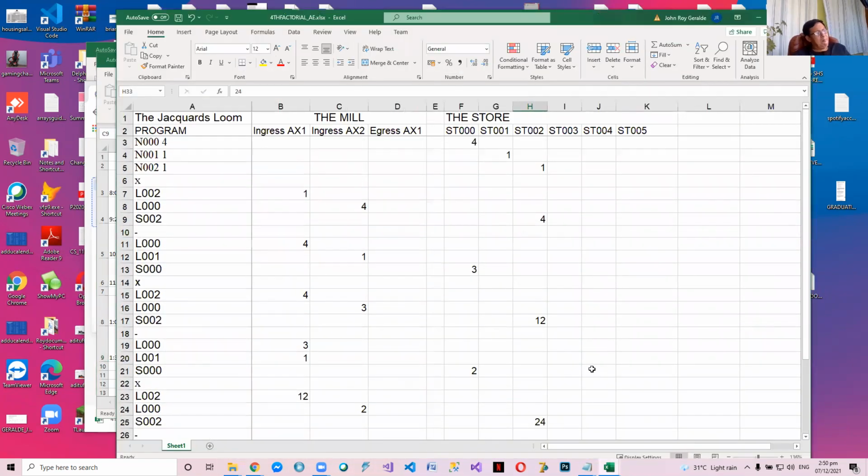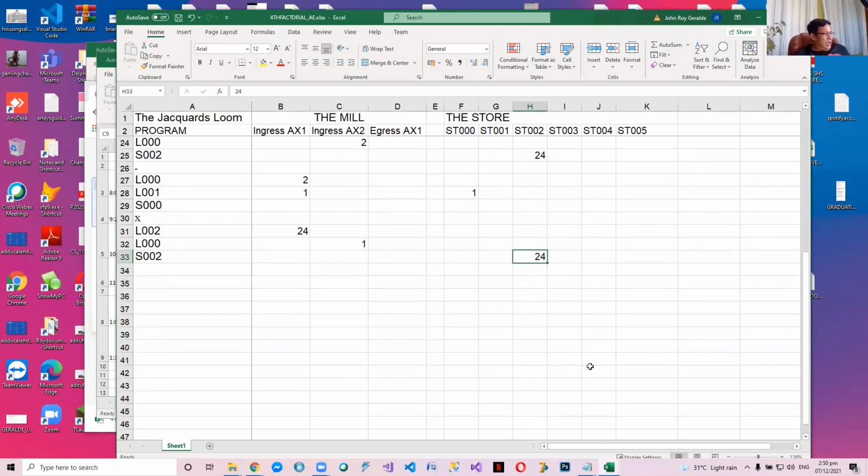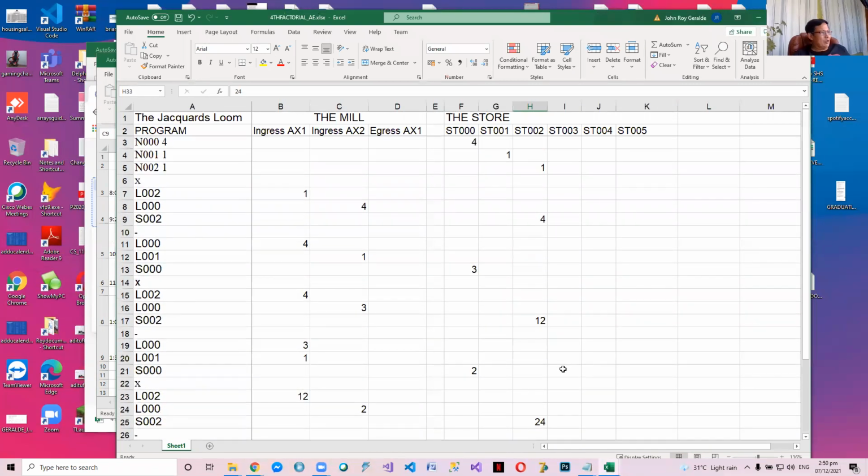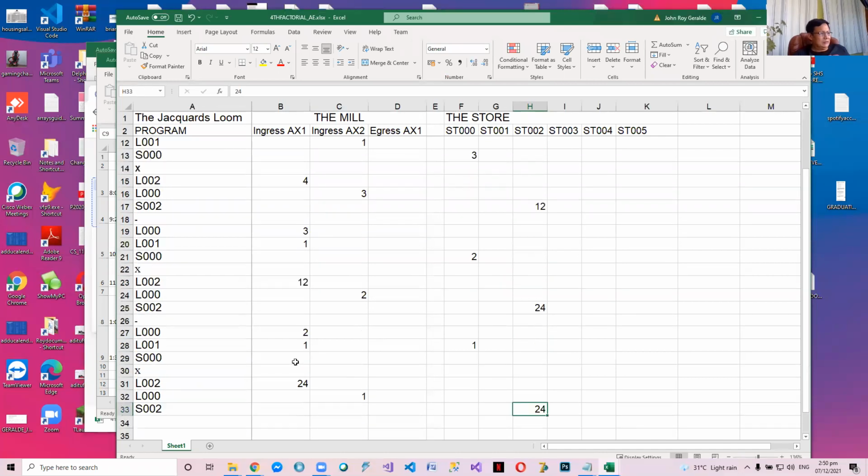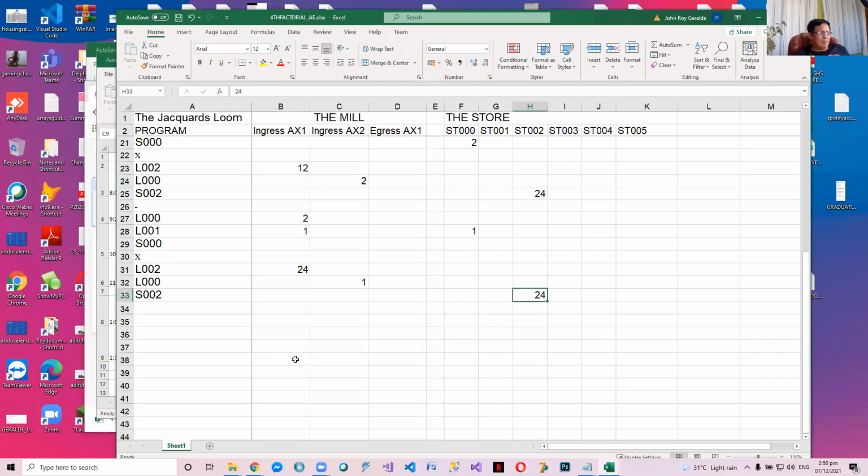Fourth factorial. I'm going to give you an assignment next meeting. So far, nothing yet. You're going to write a sample program. Maybe a different computation. Not Celsius to Fahrenheit for now, and meters to feet. Maybe I'll give you another.